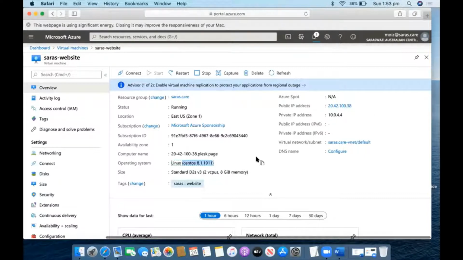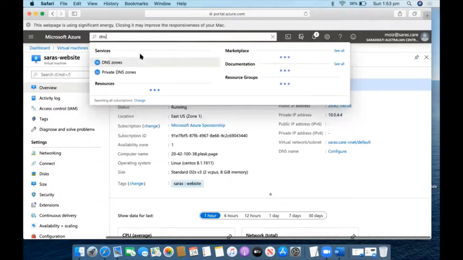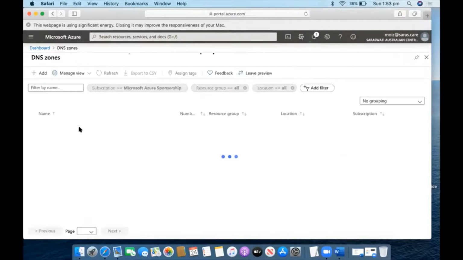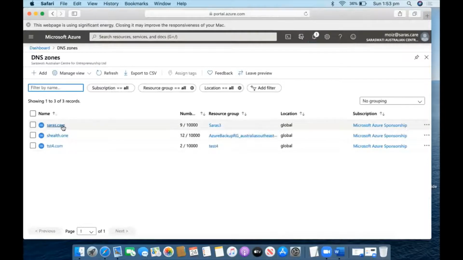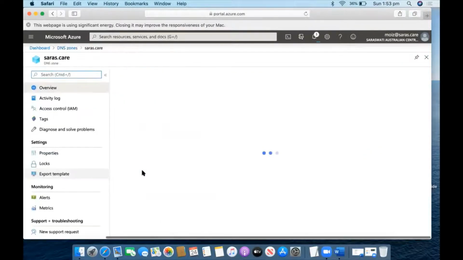Now the website is being hosted on this machine. So how can people communicate with this website? If I go to my DNS server and give this public IP address, it cannot communicate, because you are not providing any DNS record within Azure. So to communicate with this, I will go to my DNS record. In this DNS record, this is the DNS record related to that machine, so I will click on that one.